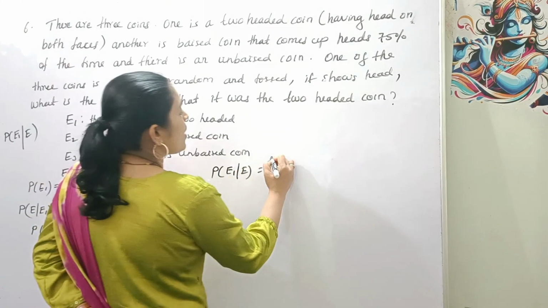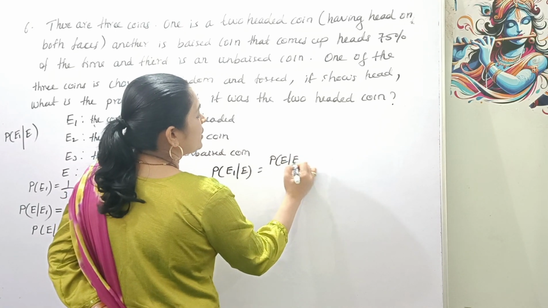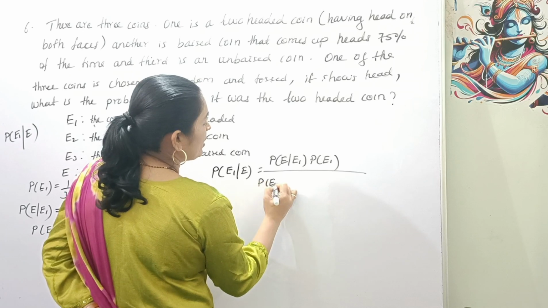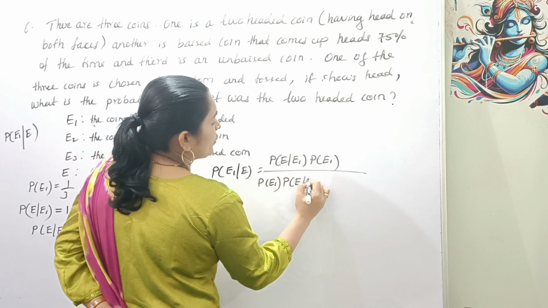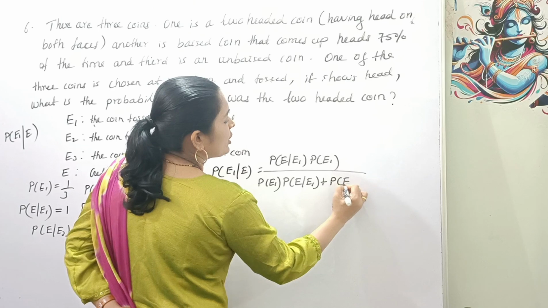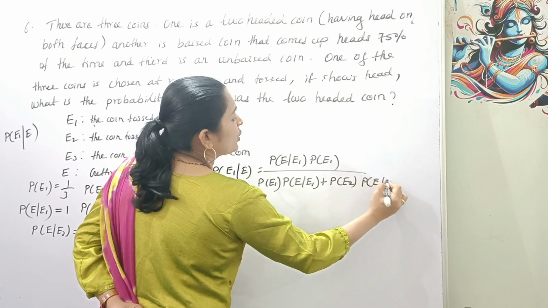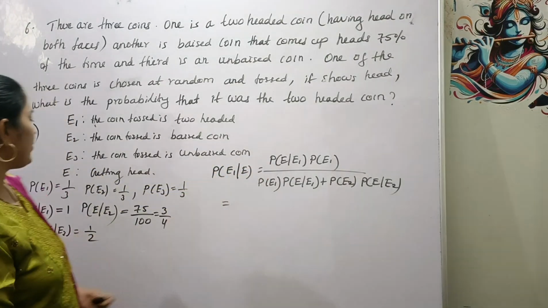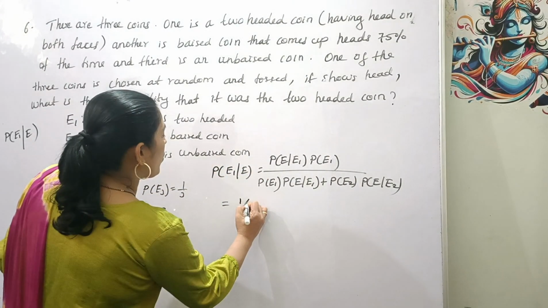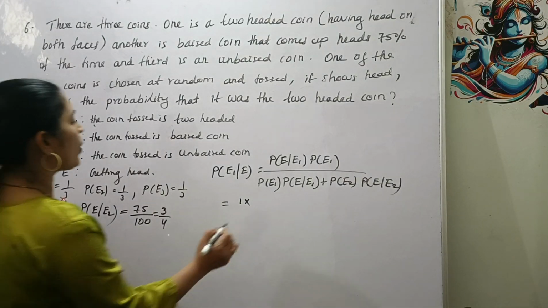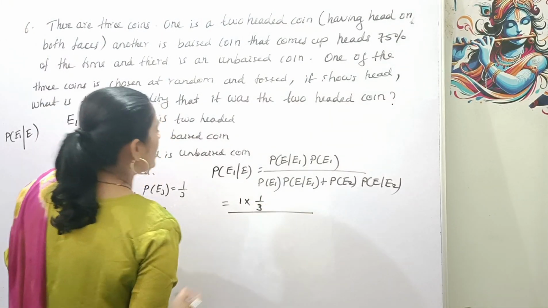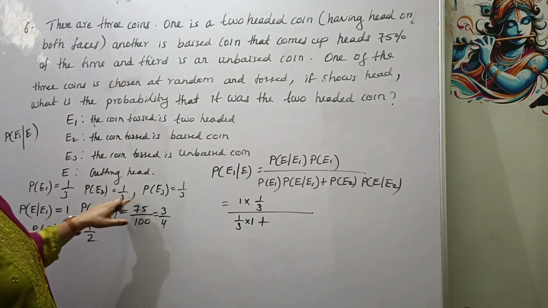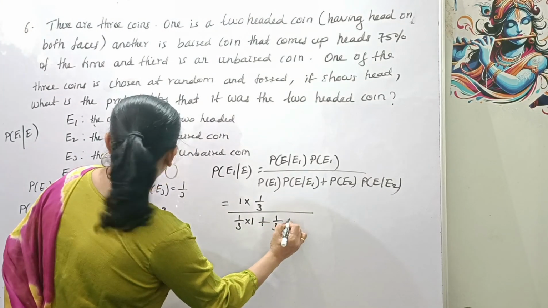Bayes theorem. Probability of E given E1 into probability of E1 divided by probability of E1 into probability of E given E1 plus probability of E2 into probability of E given E2. Substitute these values. Probability of E given E1 is 1. 1 into probability of E1, 1 by 3, divided by probability of E1, 1 by 3, into 1 plus probability of E2, 1 by 3, into,